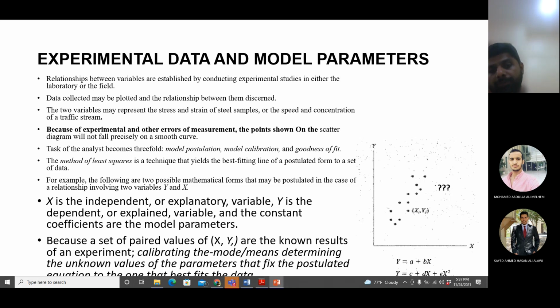Then model calibration. Model calibration means whatever model you have decided, you will calculate the parameters of the model. For example, if the model is a linear, straight line model, then we know the equation of the straight line, y equals mx plus b. I know y, let's say speed. I know x, the parameter which I'm going to put into the model, let's say concentration or density. What are m and b? This is what I have to find out. So that is what we call model calibration.